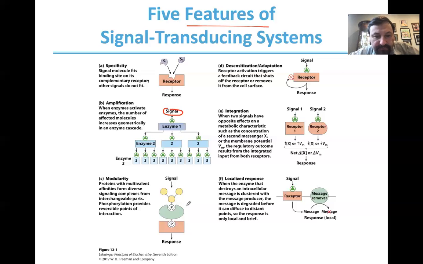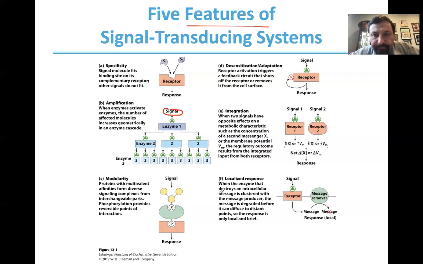If there is some defect, then the signal stops. So modularity is a way to make the original signal more specific, to bring in more players and create specific modules which will help in transducing the signal